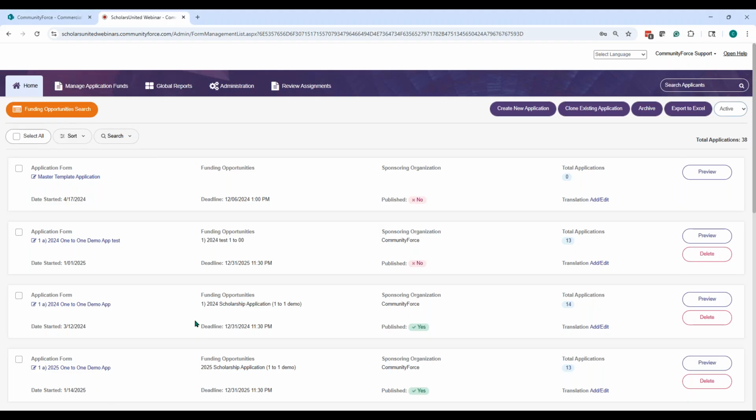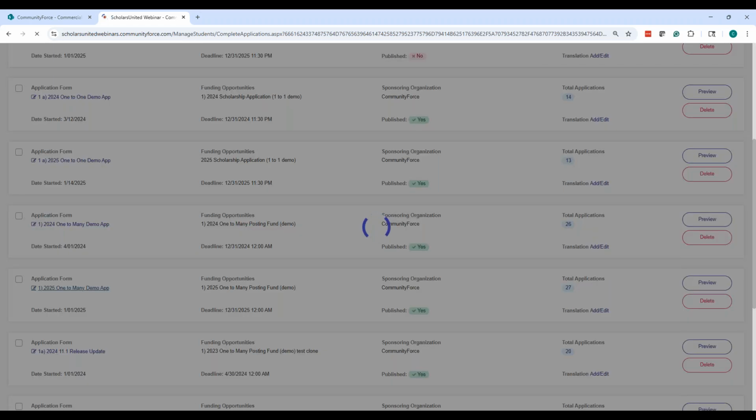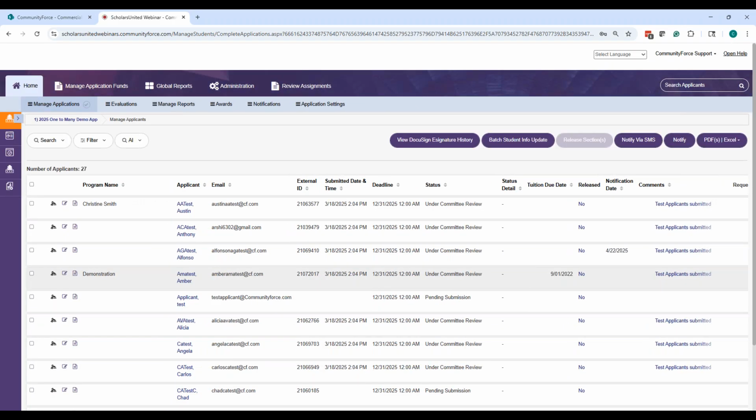And so let's go to the site here and I'm logged in as the administrator, and I'm going to go to my application form that I'm going to be awarding. I'm going to open up that application form. And before I allocate any monetary funding to my funds, I do want to make sure that I'm allocating it in the correct academic period or that correct fiscal period, depending on what you call your financial period, so that I want to make sure that when I create these awards, that they're falling in the correct period that the financial awarding needs to fall in with our financials.